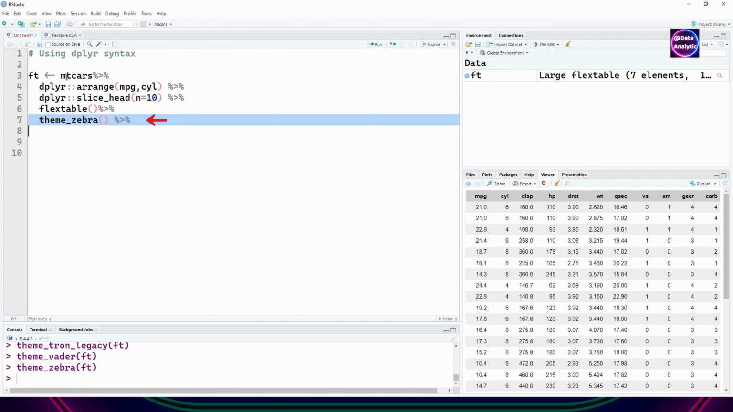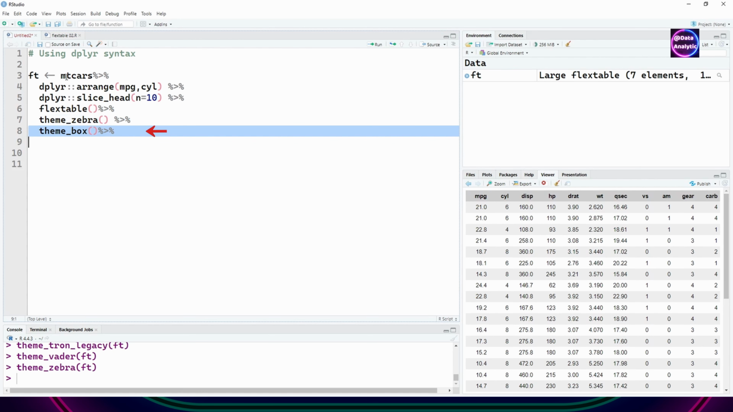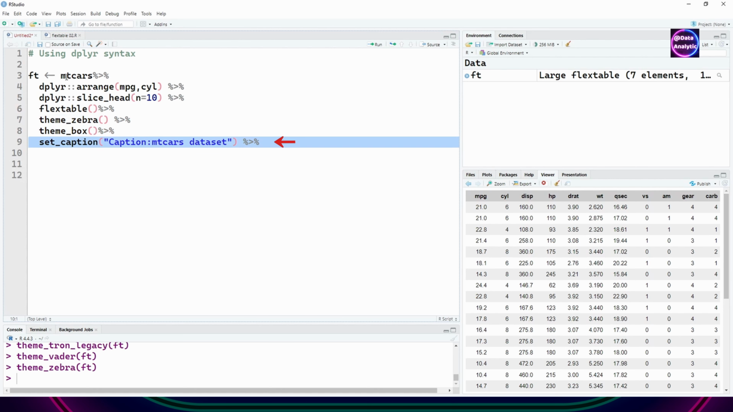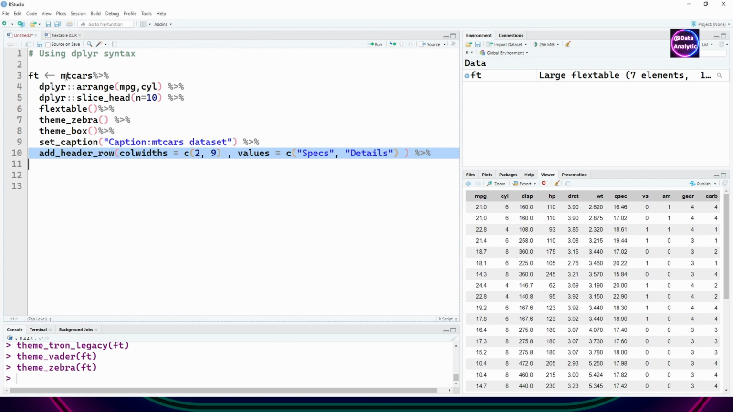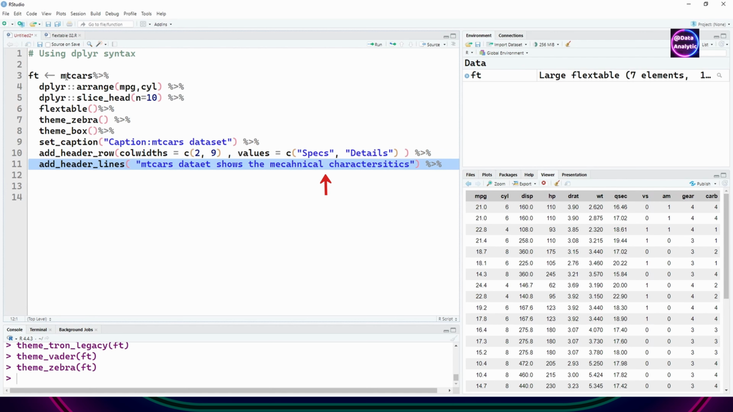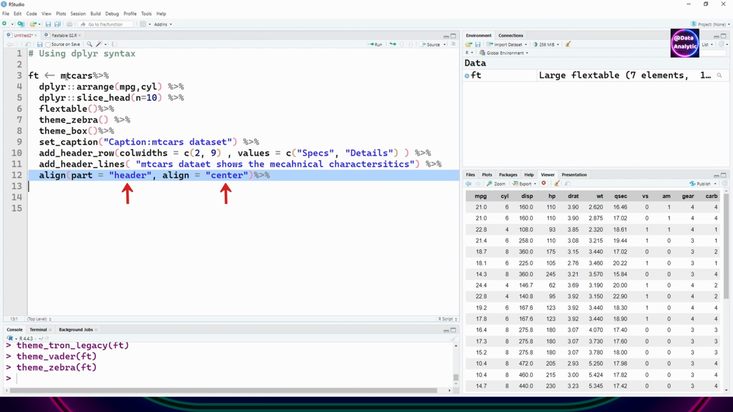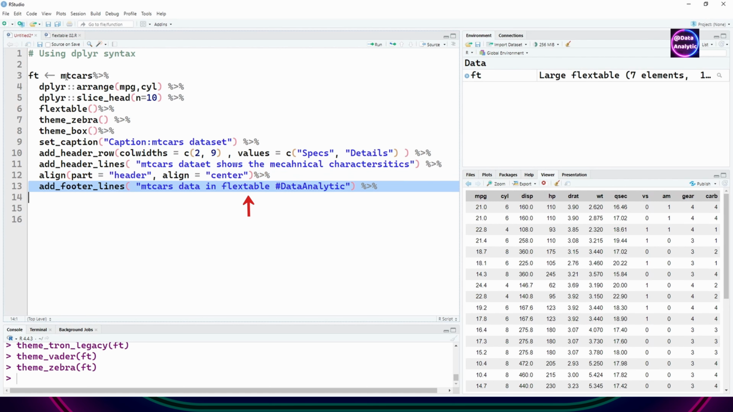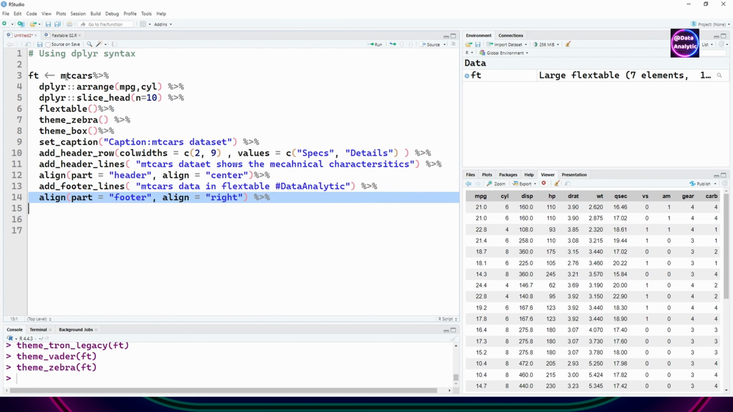And then I can start processing it by saying theme zebra. I can also call another theme box, so it's cascading two themes. Setting the caption at the top, adding the header row, specs and details. So the first 2 columns for the specs and 9 columns for the details, adding the header line, aligning the header to be in the center, add a footer line, align the footer to appear on the right hand side